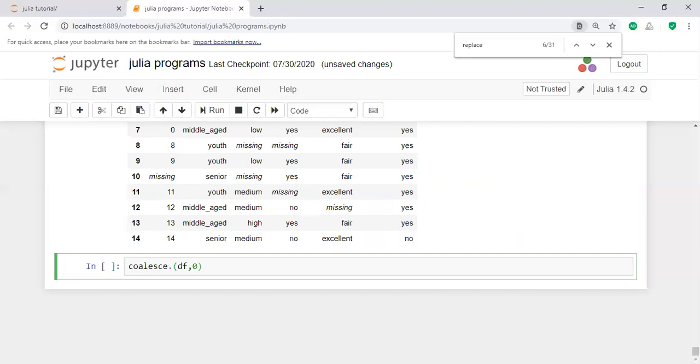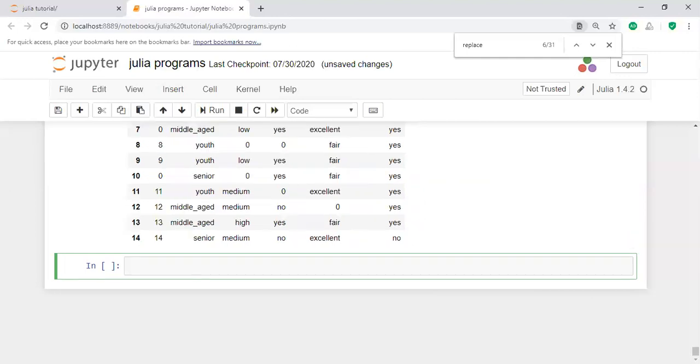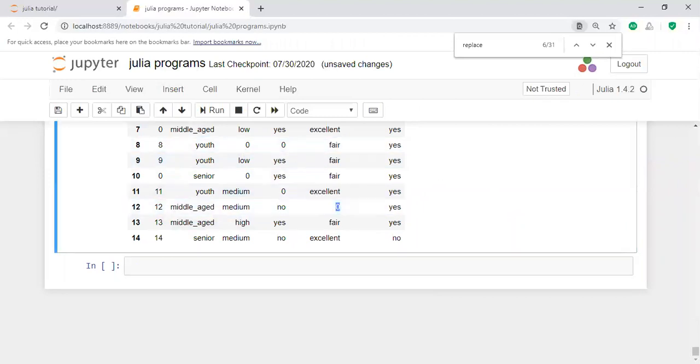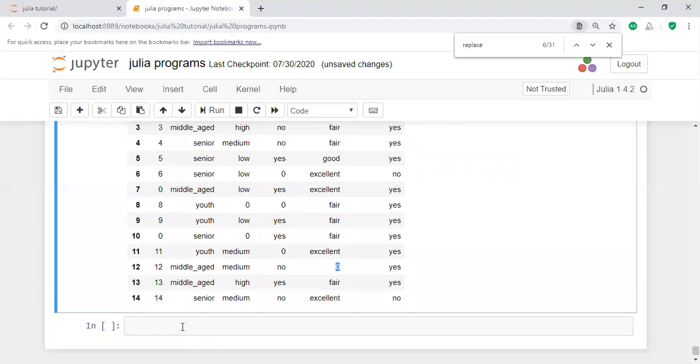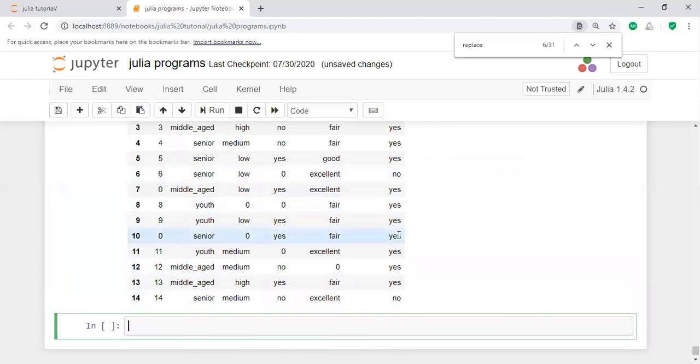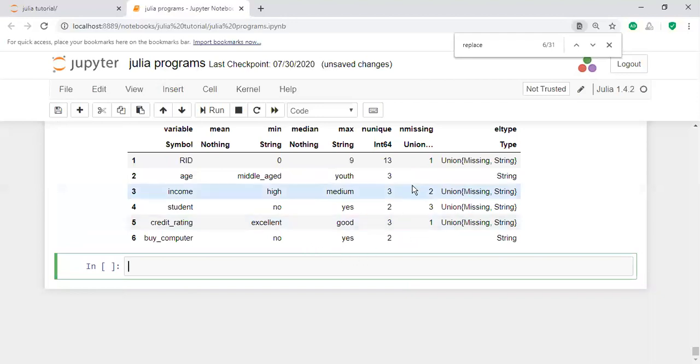All missing information. Does it work? Yeah. Here there is missing information anywhere. That means, for example, if you describe this one, describe df, all missing information is filled. In this way you will perform some of the data analysis based on this information. This is one of the techniques for performing on the data.